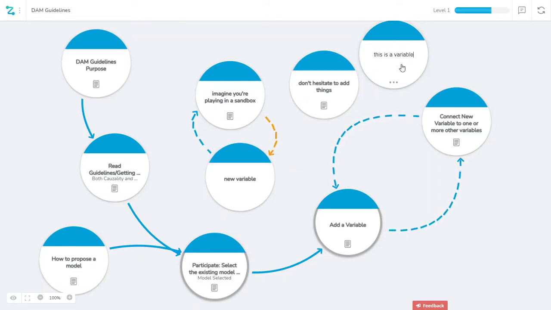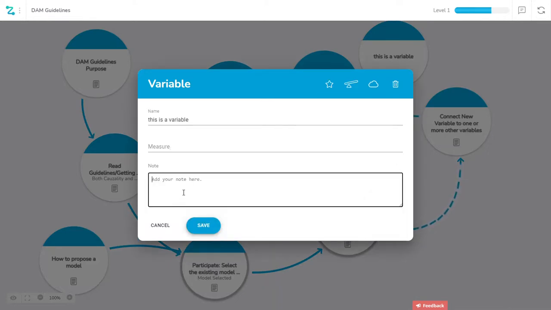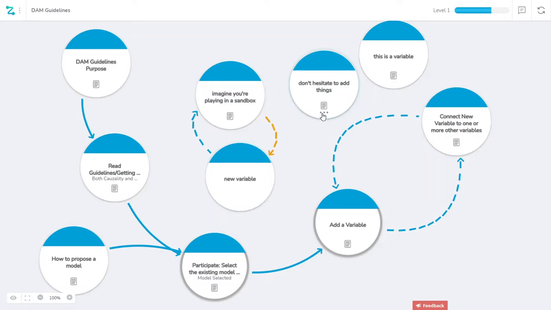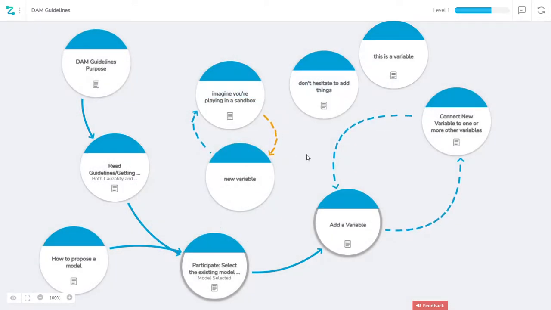And after you hit enter, notice that 3 dots appear down here. Down there you can come in, you can change the name, identify how you would measure this variable, and you could add a note. This is a description. You can save it. We'll worry about these things up here later. You can use the trash can to delete it if you want to. But once you create a note, it shows up as a little icon here. So when you mouse over it, it shows you the description.